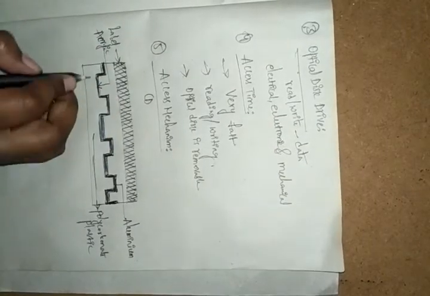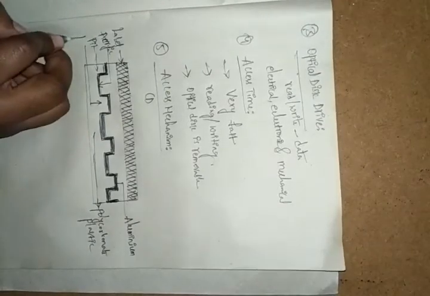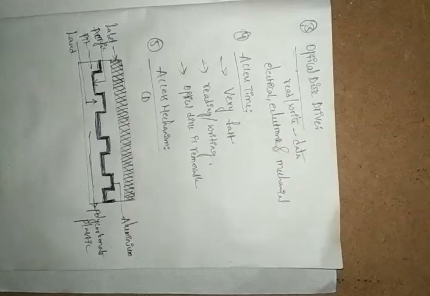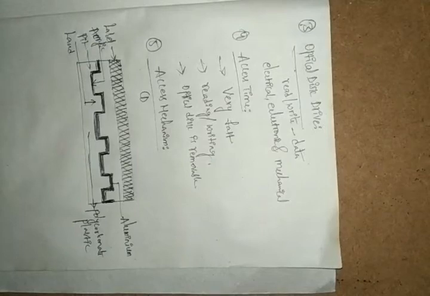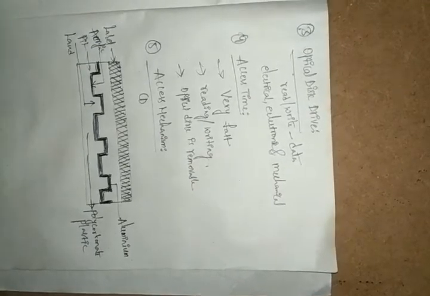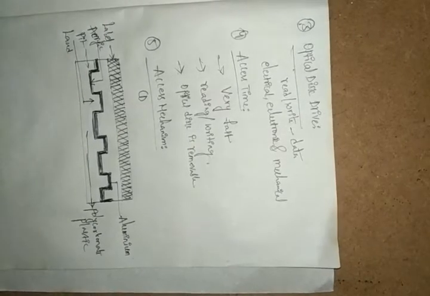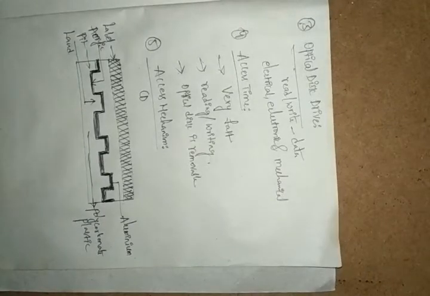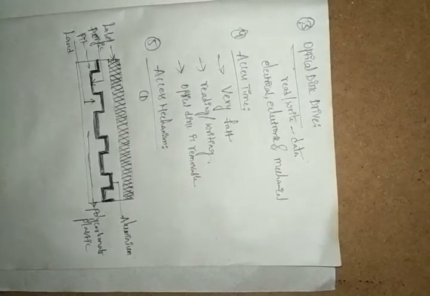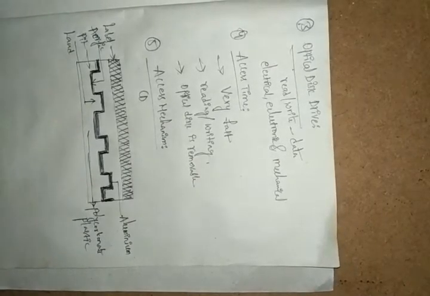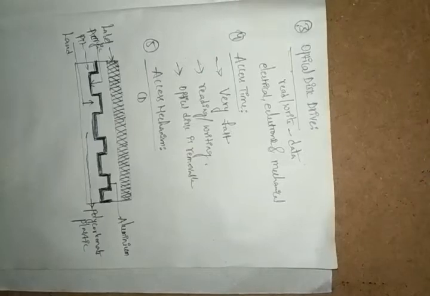It has pits and lands. Like this, we have the inside performance of our disc. We have the outside of the optical disc, but inside it is coated with aluminum, and the plastic is made of polycarbonate. It has labels, pits and lands, and acrylic, everything. So this is the cross-sectional overview of the optical disc.